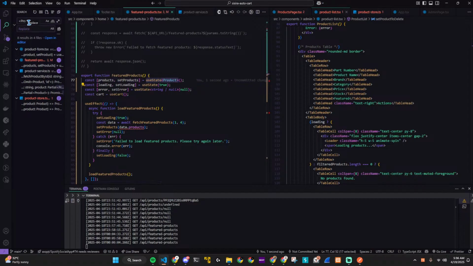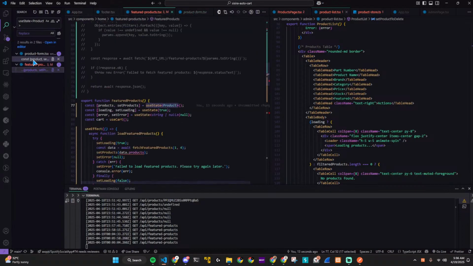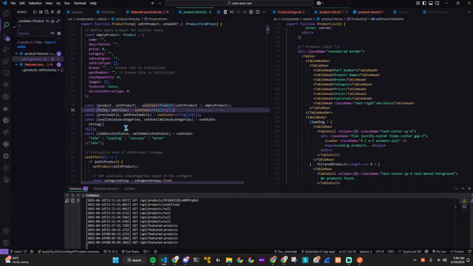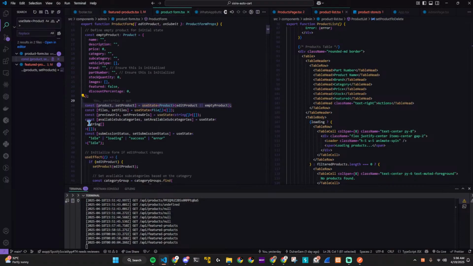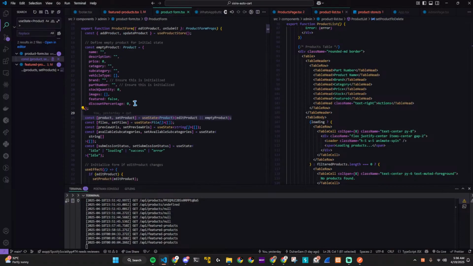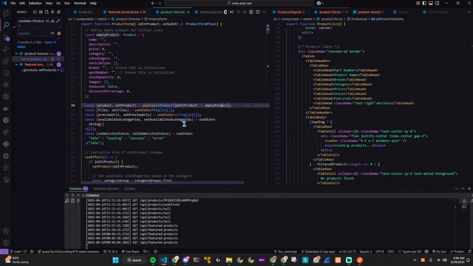I just see where this is used. It's used here and it's used here. So it's taking two different arguments. Why is it taking two different arguments? Product form, okay. Interesting. The featured products need to take two different arguments. There's product and